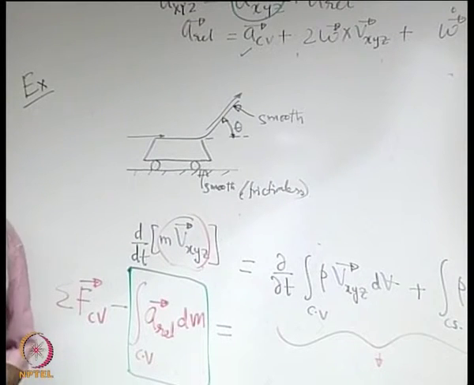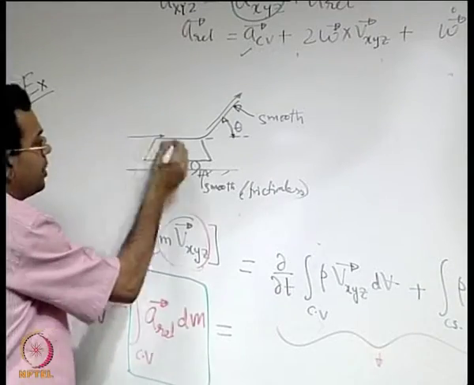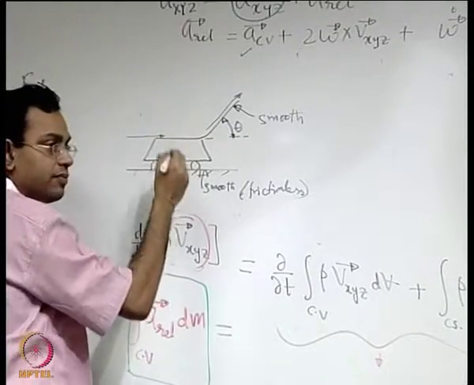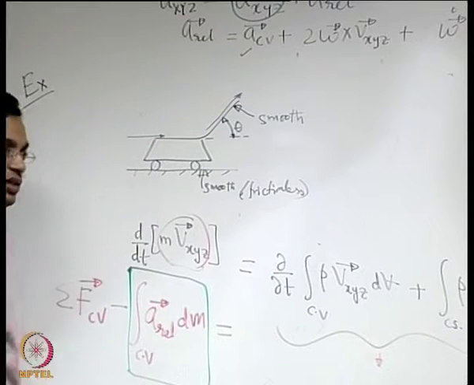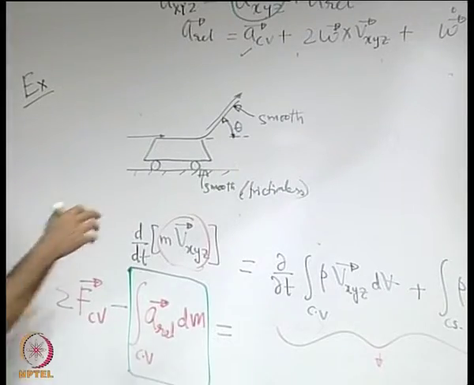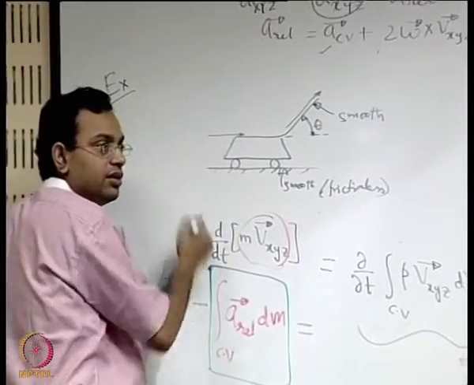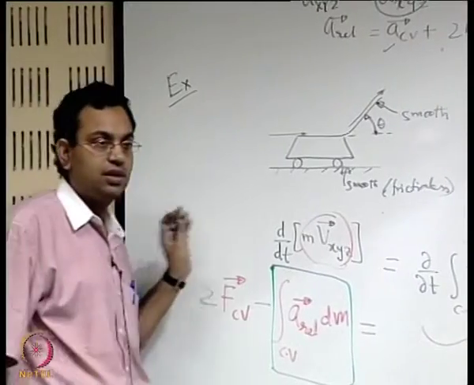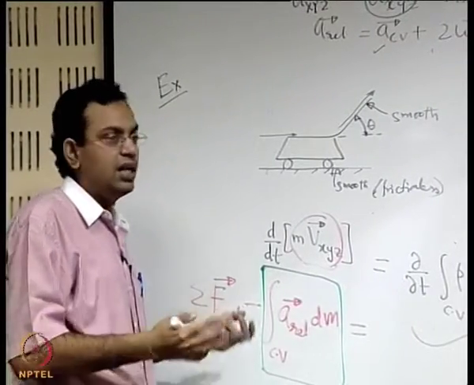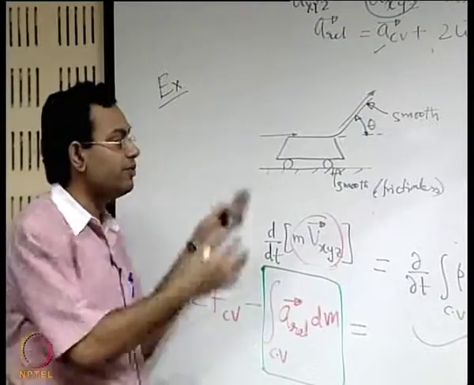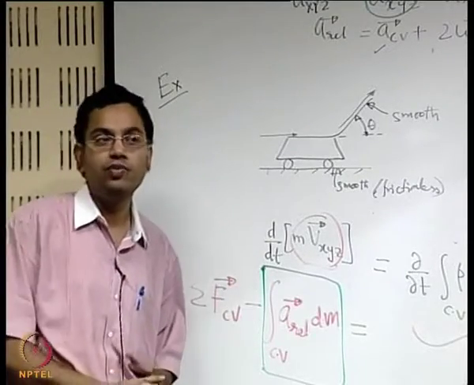Now, what we have seen earlier is that because of the impingement of the water jet on the system and because of its change in direction, there will be a force, and because of the force the cart will have a tendency of moving. So, we saw that one way of restraining it from moving is making a pulley mass arrangement so that it is restrained from its motion, but in general that will not be the case. In general it will be free to move and therefore it will start moving.